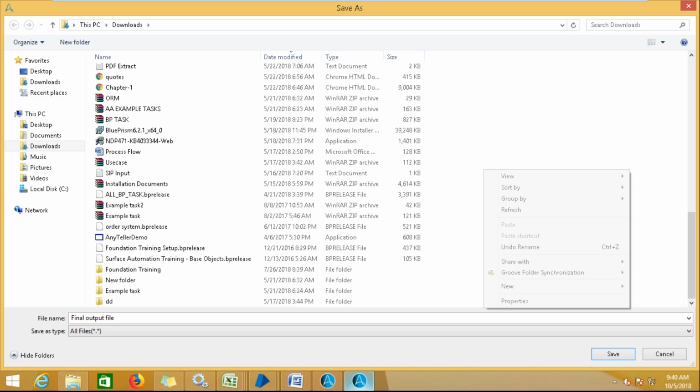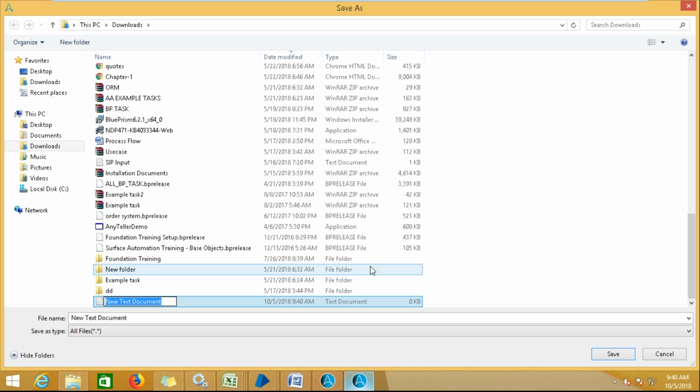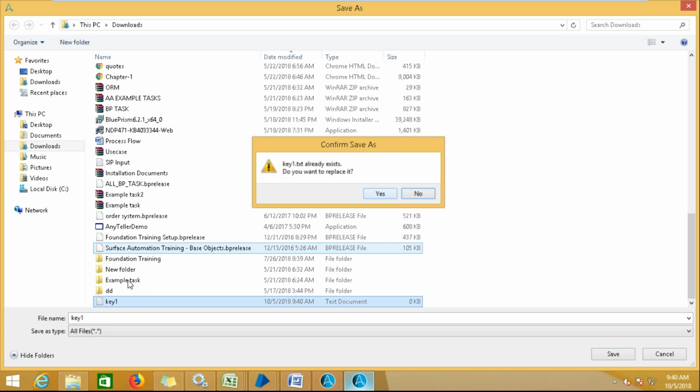Right click, then click on new, then click on text file. Once you create the text file, let's give it the name key1. Okay, I selected this. Save it. Do you want to replace? I said yes, so it is already there.